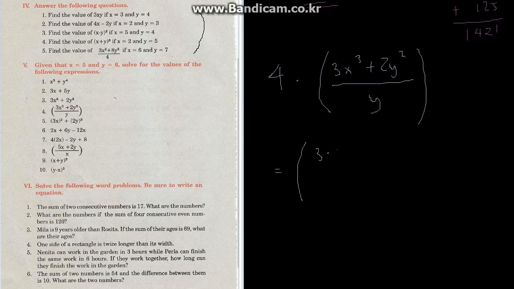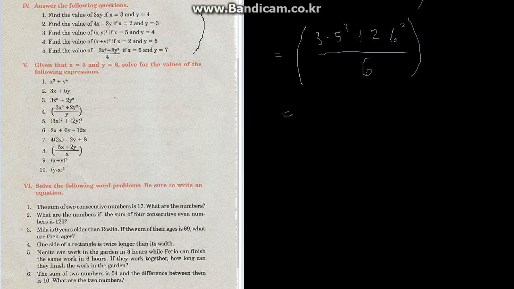Let's try one more question. Number 4 seems to be a big one. 3x cubed plus 2y squared divided by y. So x was what? x was 5. So 3 times 5 cubed plus 2, y was 6, 6 squared divided by 6, and we get,